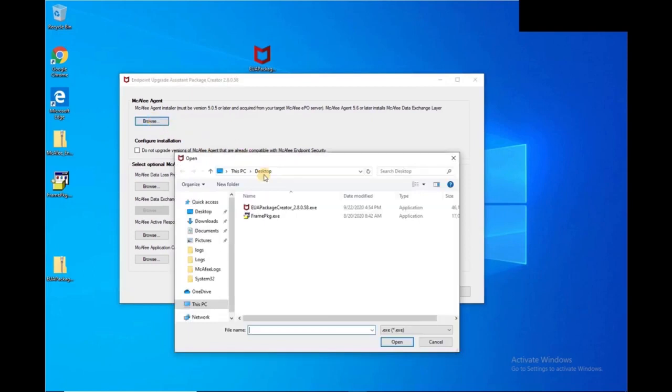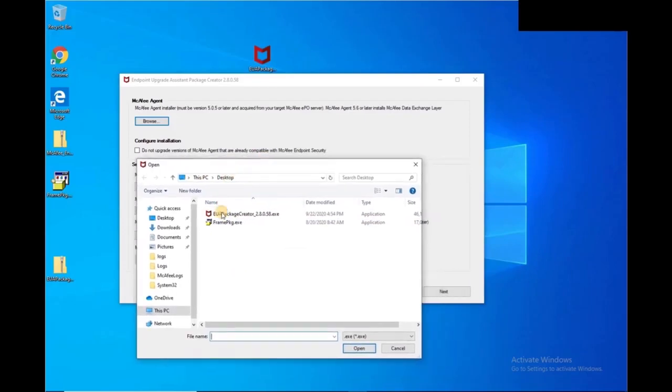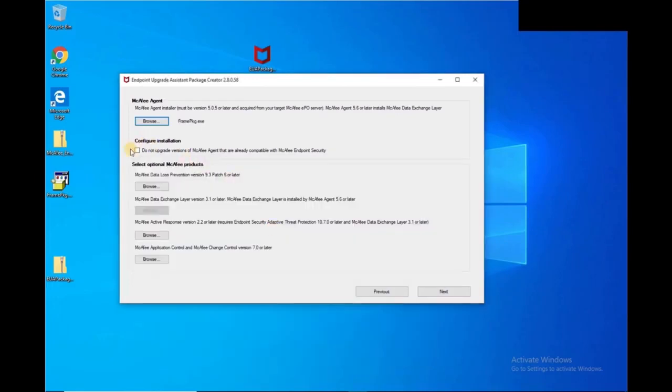You also need to select a McAfee agent package if you're intending on moving to a new EPO server by doing this deployment, or you just want to upgrade your agent in the process of doing it. And you can also select this option here to not upgrade the agent in the event that a compatible version is already installed. You can also select your additional products that you want to install, similar to the automated package,